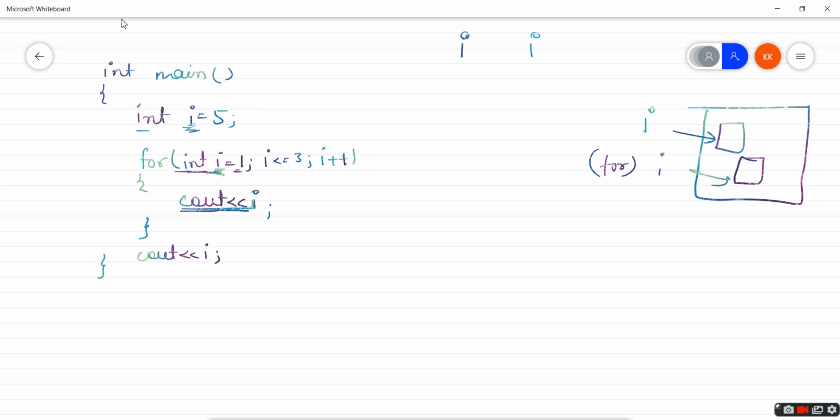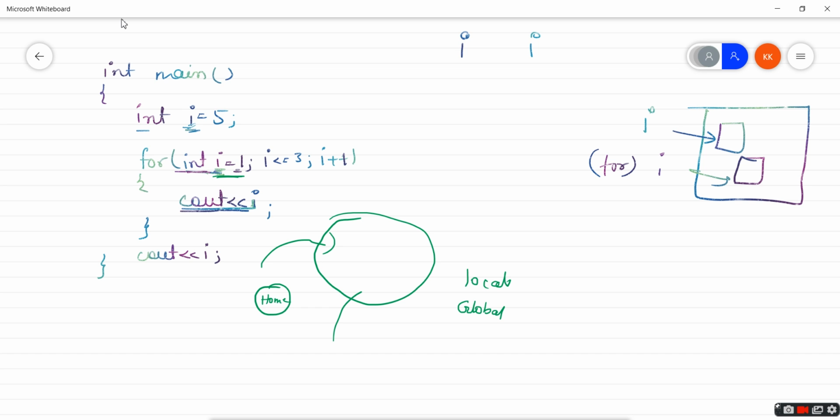Okay, I think it's somewhat confusing. You're saying the second one? Yes, the second one is going to be accessed. Why? Because we have learned about local variables and global variables. A local variable can be termed as our home, and a global variable is something anyone can access. Suppose this is my home and this is the world. In this world I can access anything, and anyone else can also access it, right? So this for loop can be termed as a world.